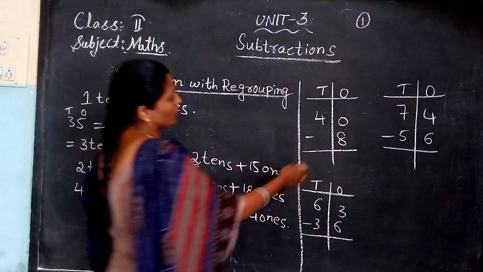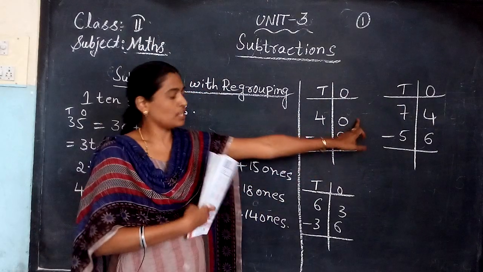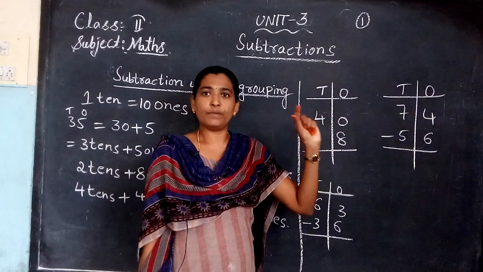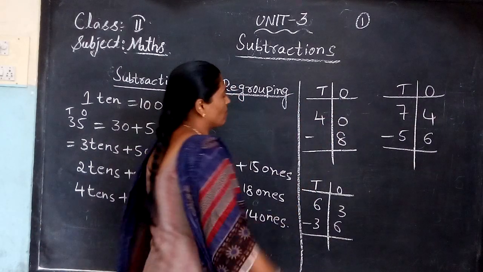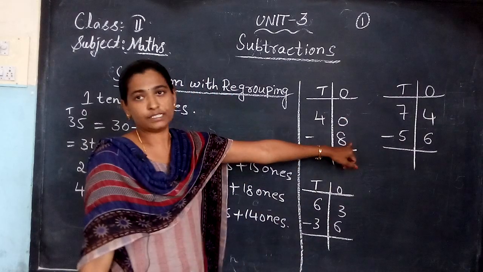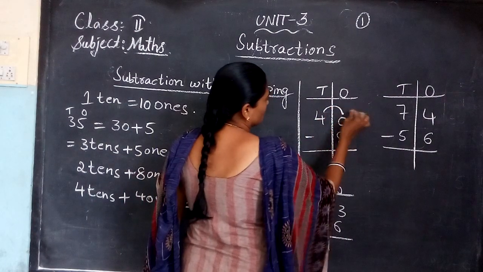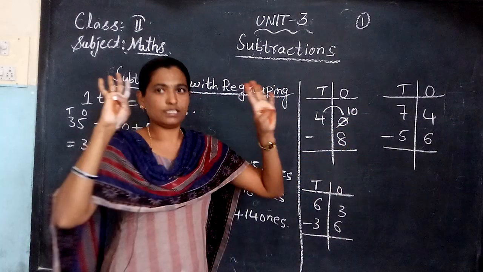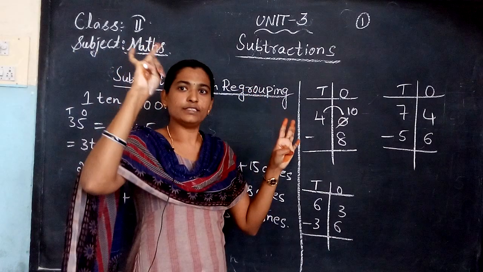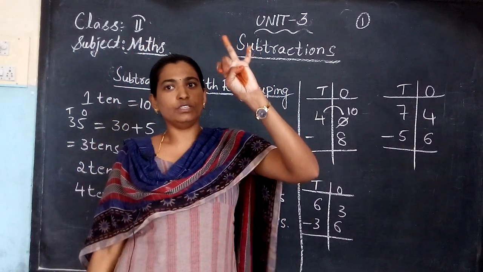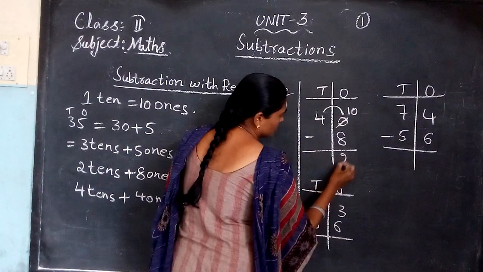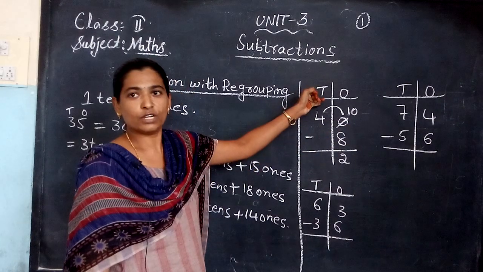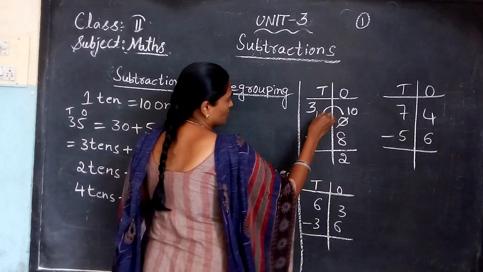Now here, borrowing means whenever there is a lesser number. In the ones column, whenever the upper number is less, you have to take a borrow. From 0 you cannot remove 8, so take a borrow from the 4. What will it become? 10. Now keep 10 in the mind and 8 in your fingers. 10 before number 9, 8, 7, 6, 5, 4, 3, 2. What did you get? 2. One number you gave from the tens column to the ones column, so what number will be there? 4 before number, what will come? 3. Yes, 4 before number is 3.